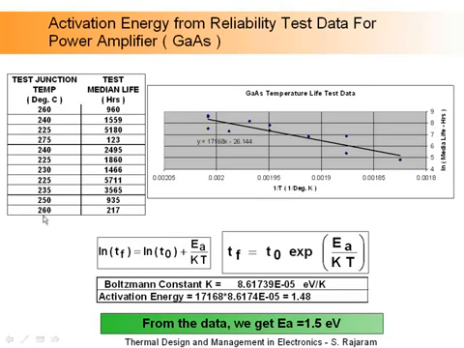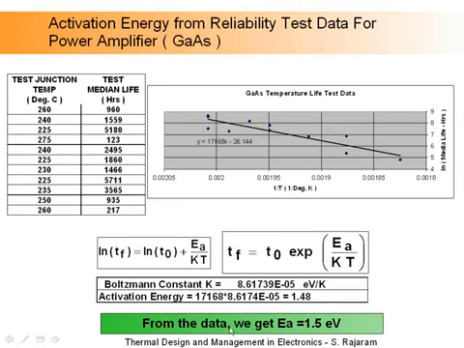And you can see we've tested all the way from 260, 240, 275. And then the way this is done is you may power up about 60 of these devices and subject them to these temperatures that are shown in this table. And you look at how many hours it takes for median life, that means 50% of the product will fail. And these are the number of hours. And then you plot this curve on a log scale over 1 over T. And then from this expression, you can back calculate what EA is.